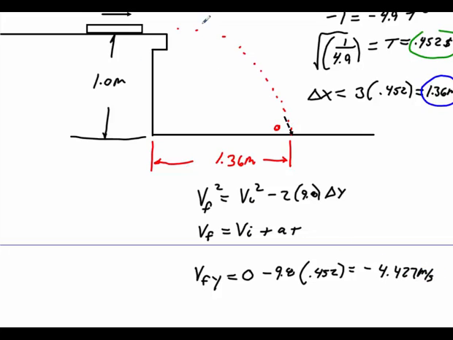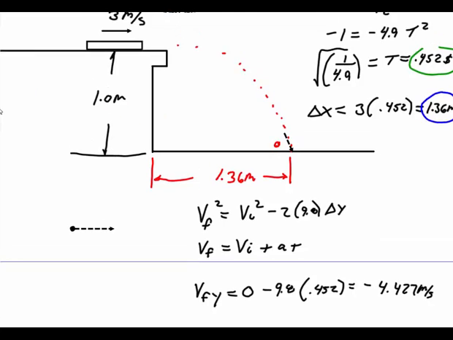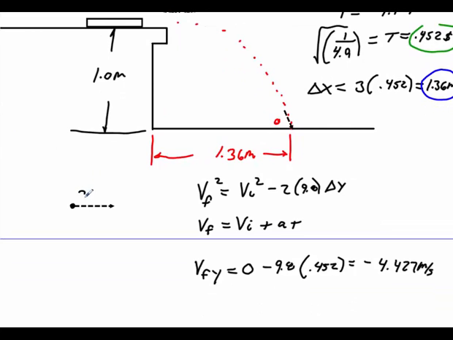Alright, so I'm going to blow this area up here and show you what's taking place at impact. At impact, I'll make this dot be the impact. I'm going to have a velocity at impact coming in this direction here. Again, that value is going to be what it was originally, 3 meters a second. This value here is going to be my vertical component, and now I'm going to make it 4.427 meters per second. The negative only gives me the direction going down, and then my hypotenuse right here is